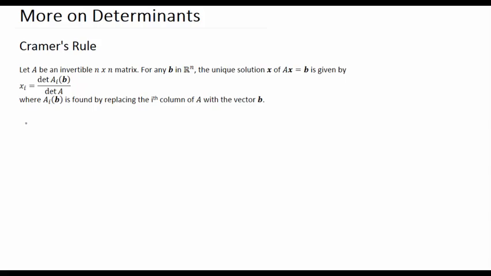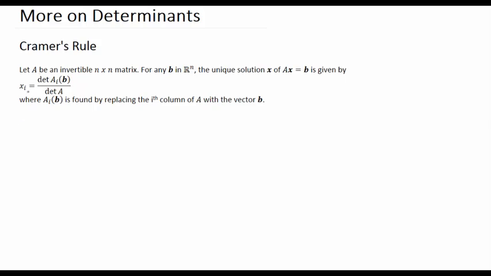So next we'll talk about some more properties of determinants. And we'll start with Cramer's rule. So we're going to assume we have an invertible n by n matrix. For any vector b in Rn, the unique solution x of Ax equal to b is given by this formula,